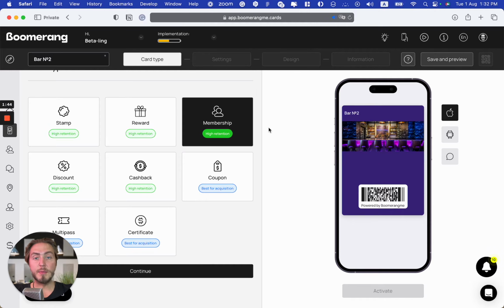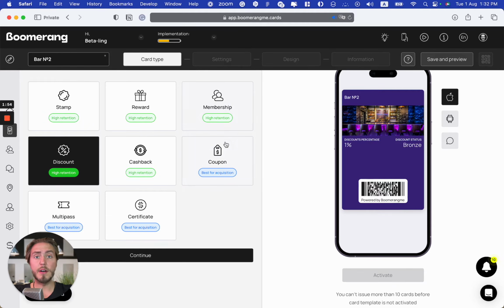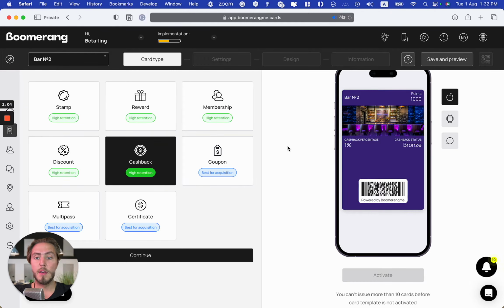Classical membership cards that help you to build membership and a loyalty club around your business brand. Classical tier-based discount card with classical discount level tiers like bronze, silver and gold with different percentages of savings. Classical cashback card that works like your classical banking card cashback.